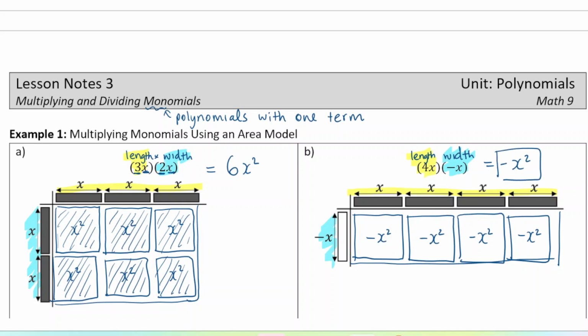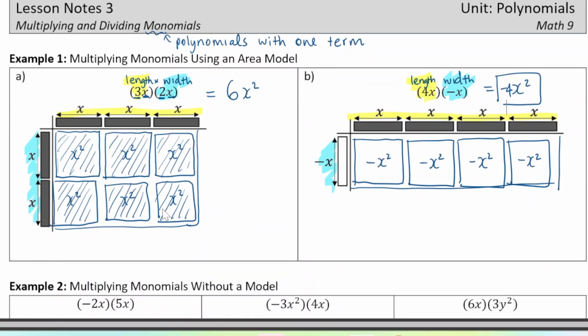So again, we see the rule fits. Oh, not negative 4 of them. We multiply the numbers and we multiply the variables. Okay, let's do it without